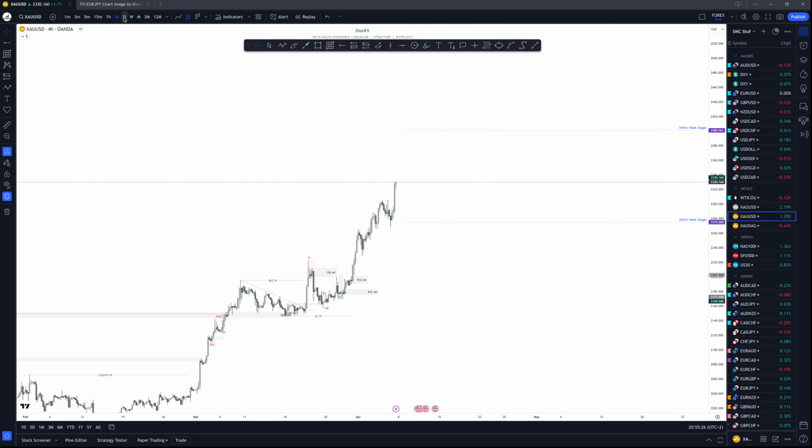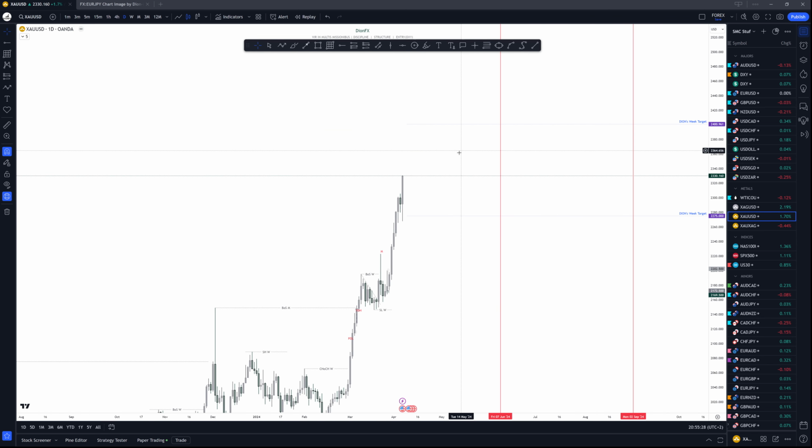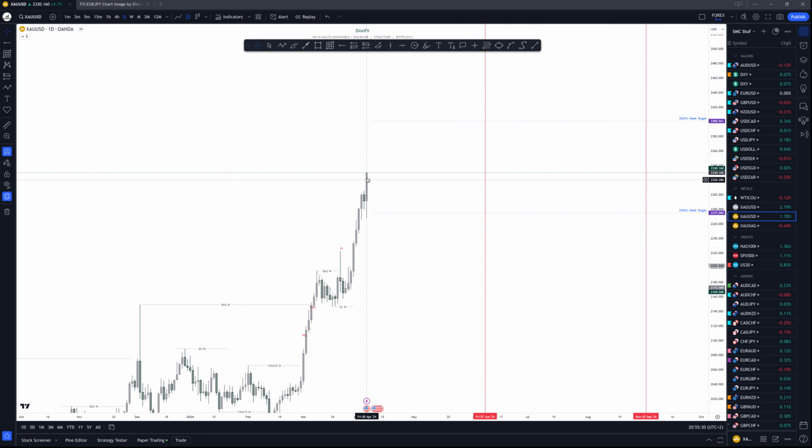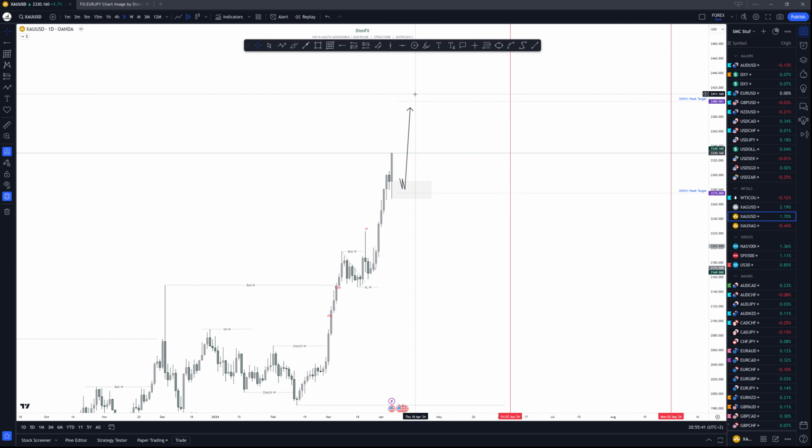For gold, if you go on the daily time frame, this is how the daily is looking. We saw this big Friday push to the upside, so I'd like to see price come right here, and then from these levels I like to see a continuation to the upside. Any move around this level I'd like to see push up one more time to these levels, to the 2400 levels, and then from there look to sell it.